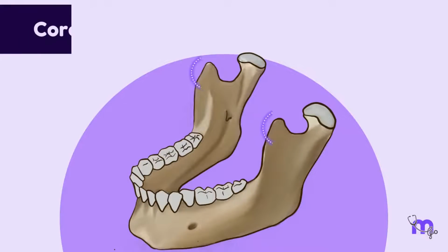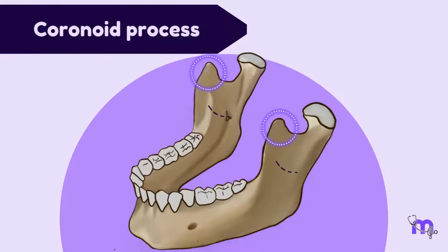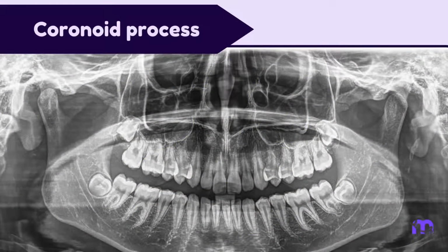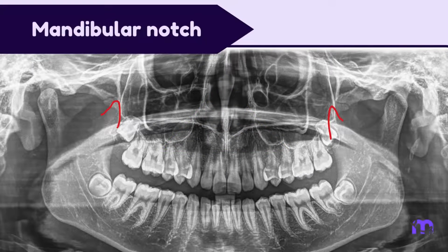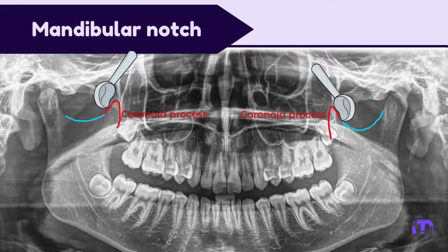Next, we have another bone projection extending from the antero-superior border of the ramus of the mandible. This is the coronoid process, which radiographically appears as a triangular radio-opacity posterior to the maxillary tuberosity region. Between these two projections is a scooped-out concavity of bone called the mandibular notch. On the radiograph, it is visible as a radiolucent concavity located distal to the coronoid process on the superior border